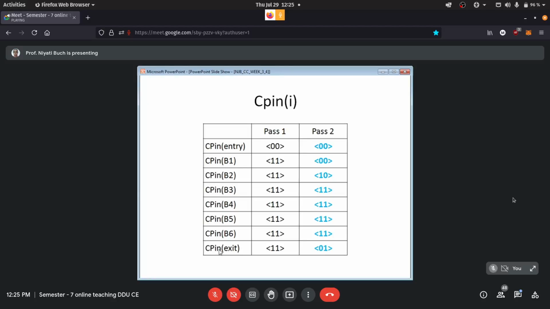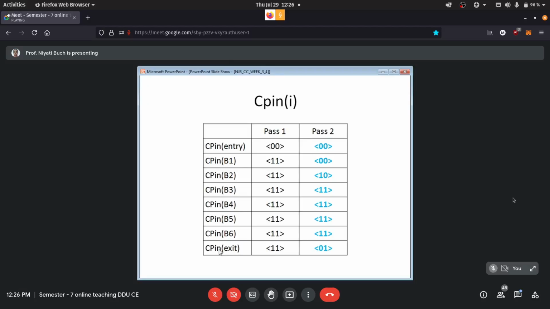Because we are having different vectors between the first and second pass. If the vectors remain the same, it means that we are not supposed to take any further iteration. Till the values become constant for all the blocks, we have to go on taking iterations.